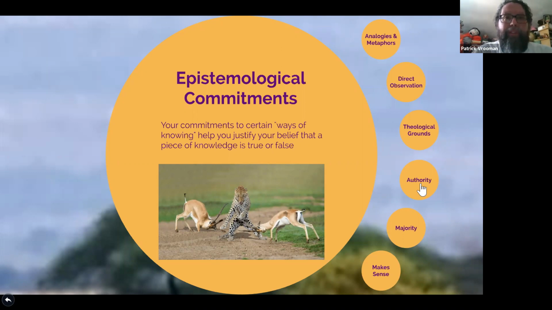And sometimes we listen to people, even if they're wrong, because they are the authority figure to us, right? Another major epistemological commitment that some people have is to the majority. Most of us do. The majority of us say, well, crap, how can 3 billion people be wrong, right? I'm going to go with what they say. So if the majority, it could be just the majority in our household, it could be the majority in a class. Well, if they say it's that way, then it must be that way. That's our commitment, right?